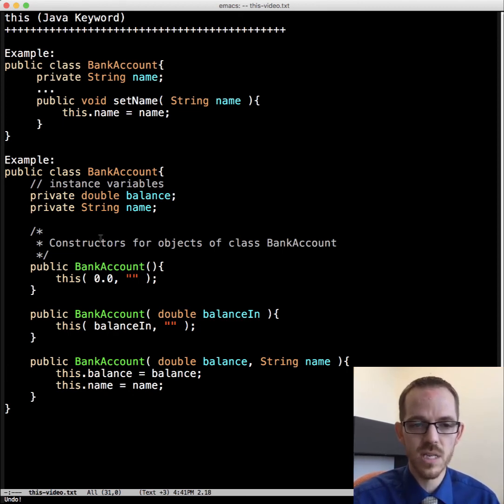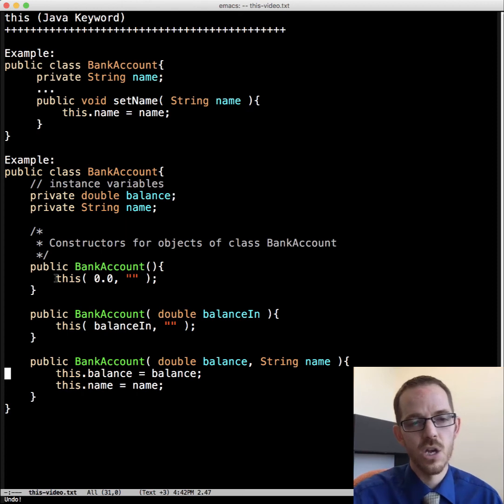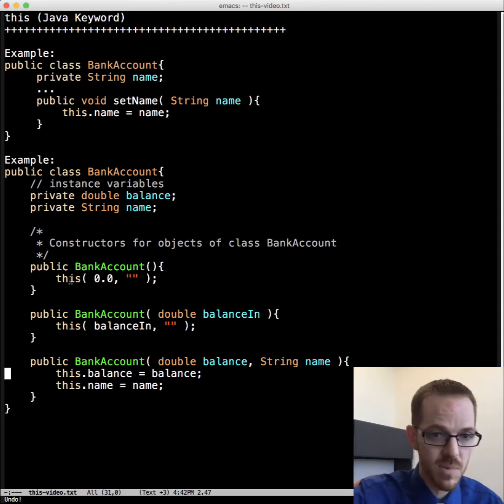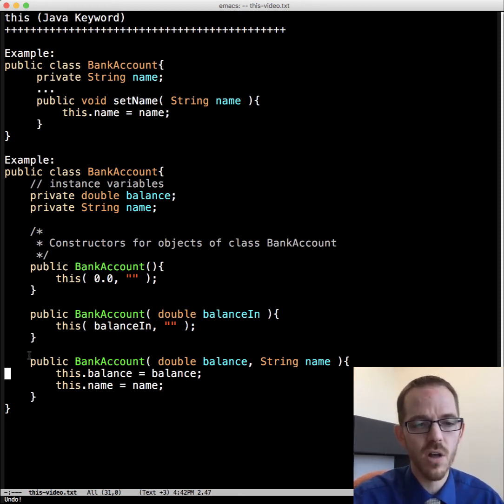And then we can reuse this as we just did up here because it's a method, and so calling this constructor, we'll call this constructor, but only create one object. If we had a new bank account and passed it instead of this, it would create an object of that same type inside the object, and that gets very confusing, and it might get cyclical, and then that can't work. So that's not what we want to do.